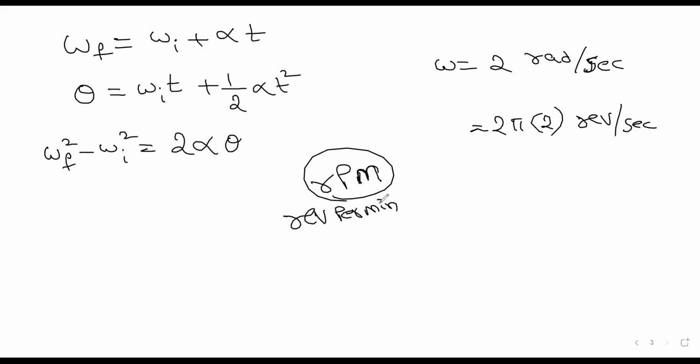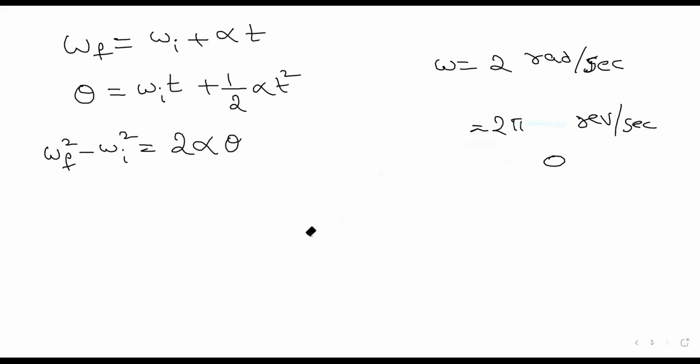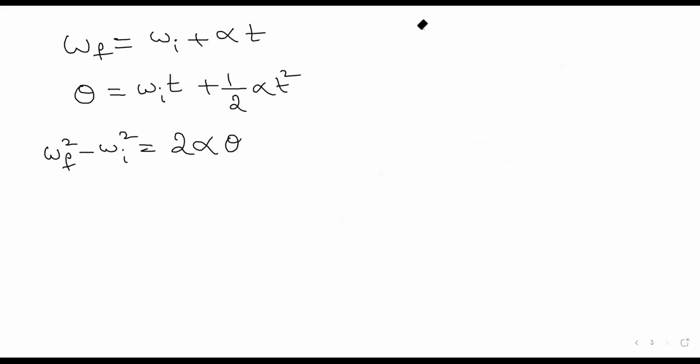we have to convert into seconds. So again, divide by 60, then it becomes revolutions per second. RPM means revolutions per minute. For converting minutes to seconds, we just divide by 60. Now we will directly go to the questions.